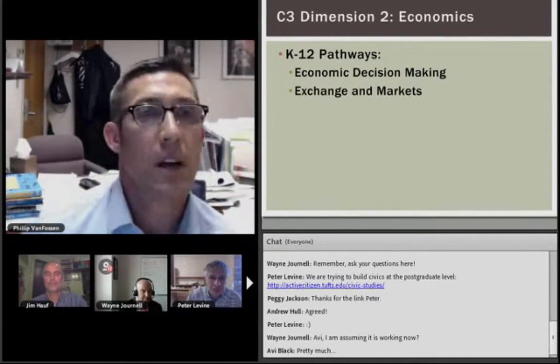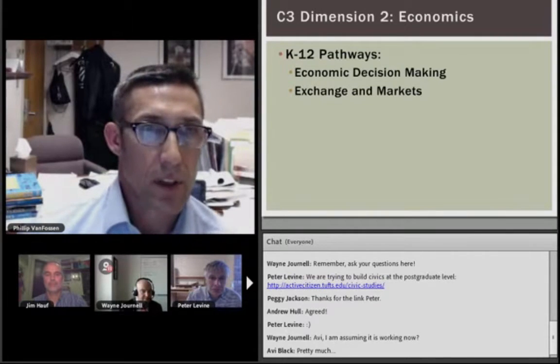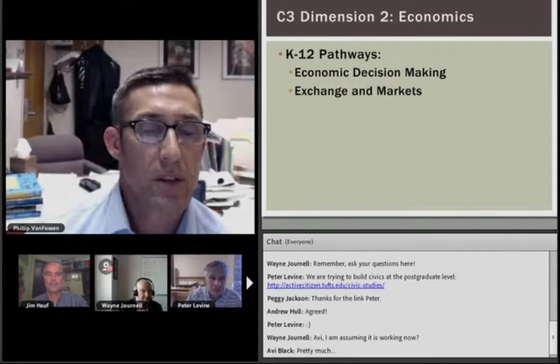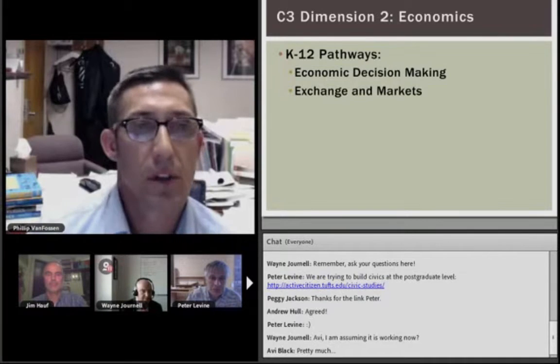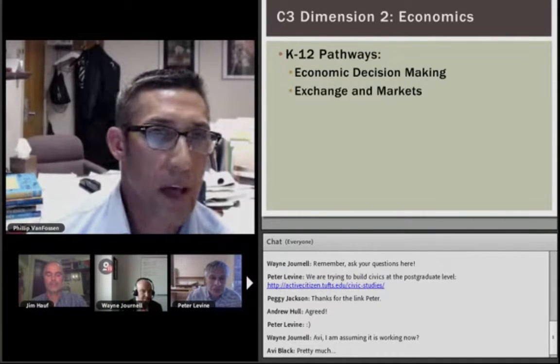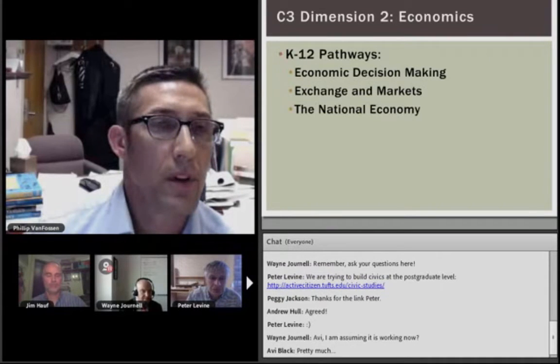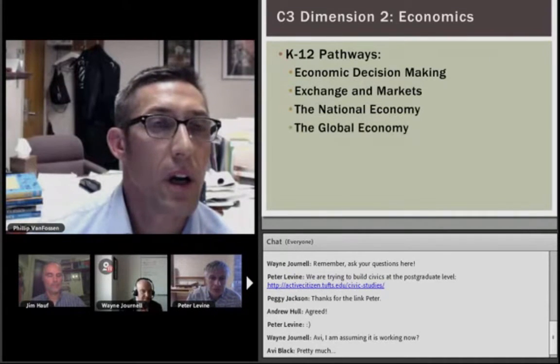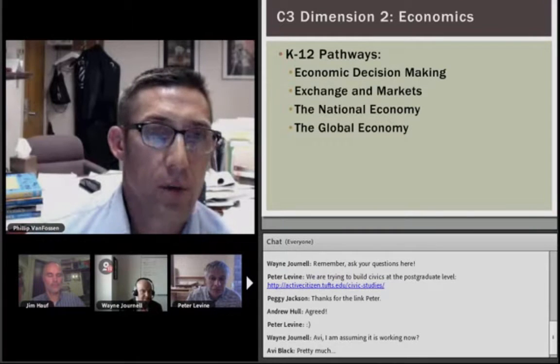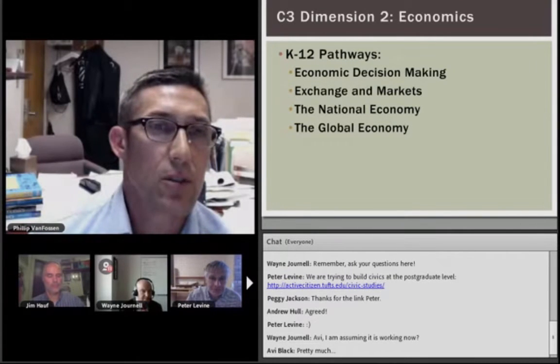So if we look at the C3 Dimension 2 pathways, all right, so here's the first one, economic decision making. And I'm going to focus on grade 12 because usually the high school economics course takes place in grade 12, and so for purposes of time, we'll just look at these. If you look closely here, this first one is analyze how